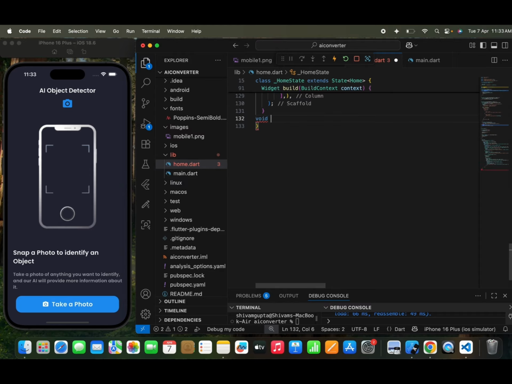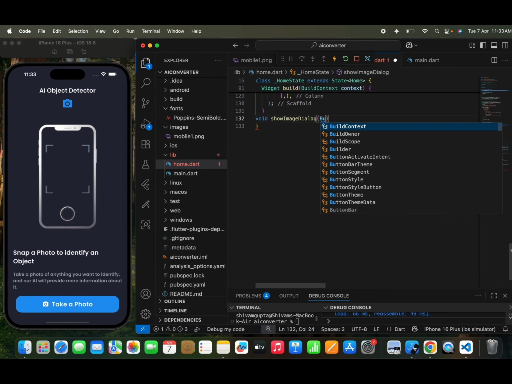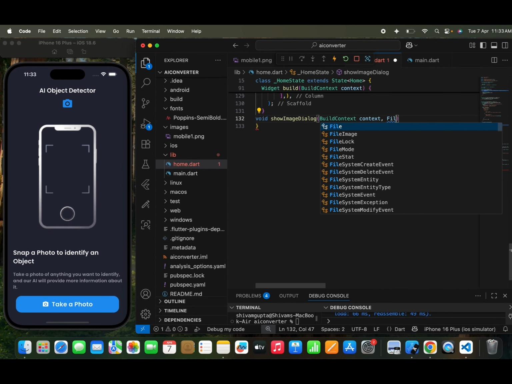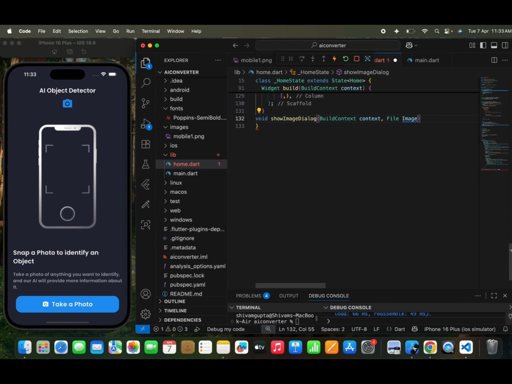So I'm going to just write void. I have already shown you how you can create a dialog box, so I'm not going to explain each thing in the dialog box. So I'm going to just write build context, and we just need to write a context, something like this, and we need to write a file, an image. Okay, so we are going to get the image first. So let's write image,